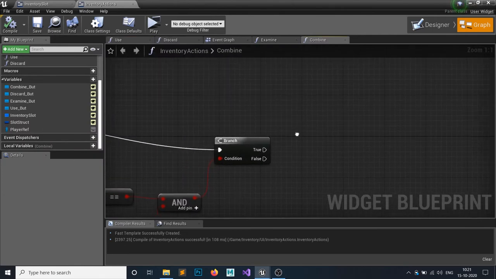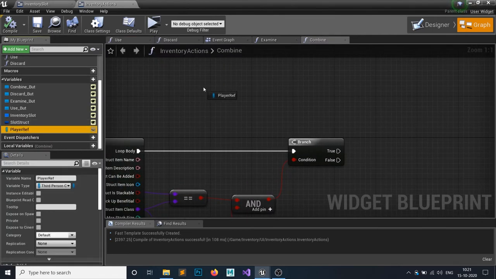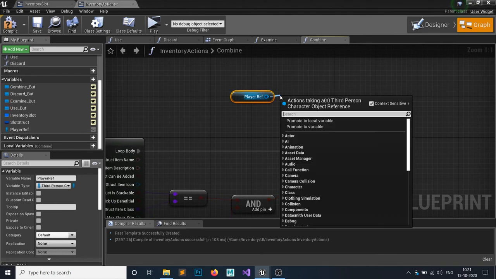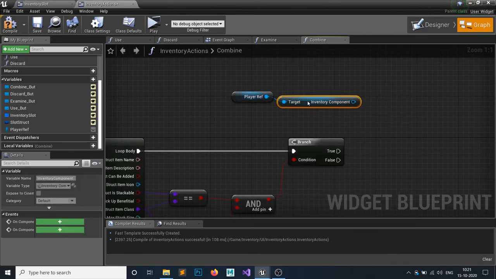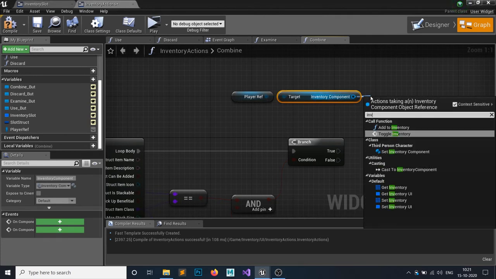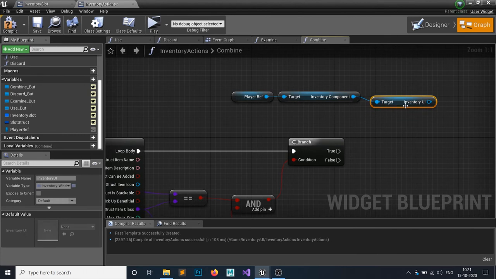And for that, just grab a player reference. From that get the inventory component and get that inventory UI, the inventory UI we have created.